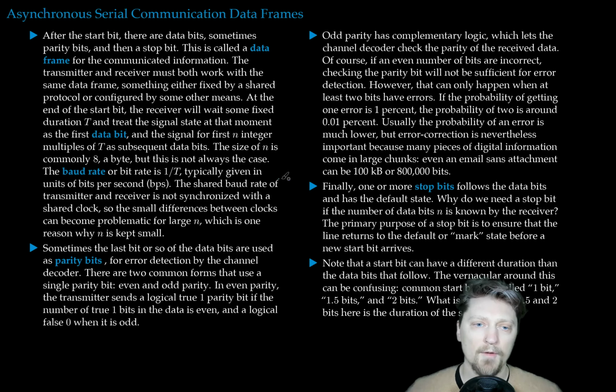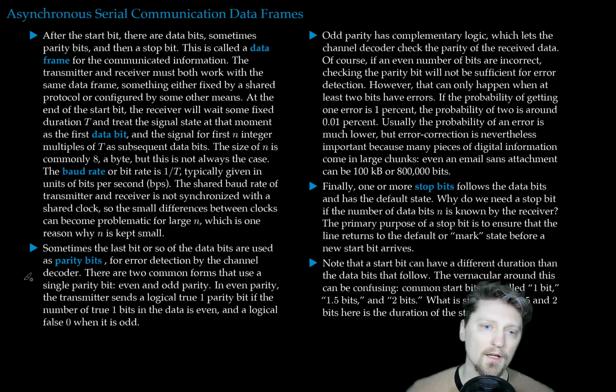The shared baud rate of transmitter and receiver is not synchronized with a shared clock, so the small differences between clocks can become problematic for large n, which is one of the reasons why n is kept small, for example, just 8. Sometimes the last bit or so of the data bits are used as parity bits for error detection